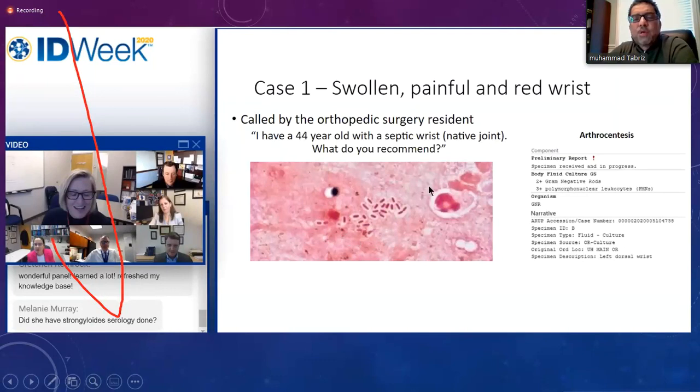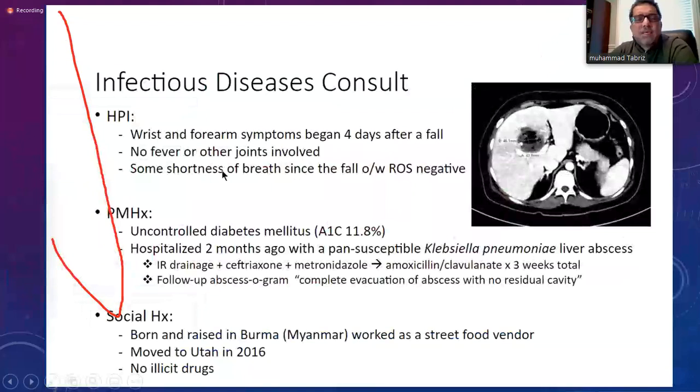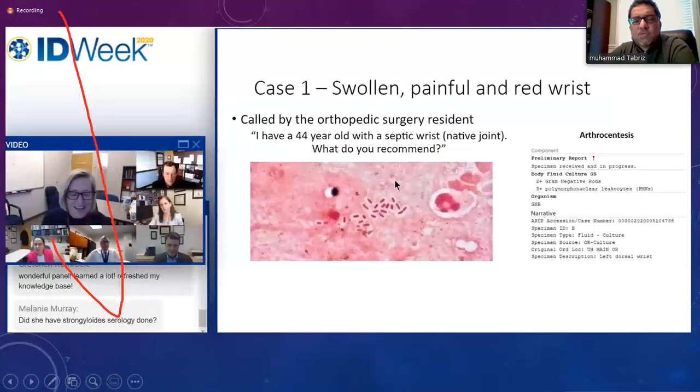And when they aspirated the joint, they looked at this Gram stain. You can see these are gram-negative organisms, but look at the clearance around them; it looks like a thick encapsulated organism. This admission was because of wrist joint pain and swelling, and the aspiration shows this, but going back to the history,